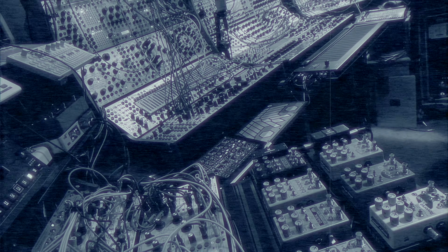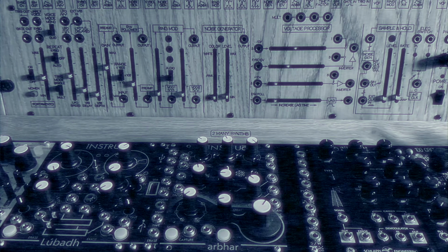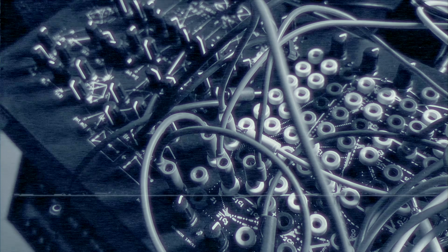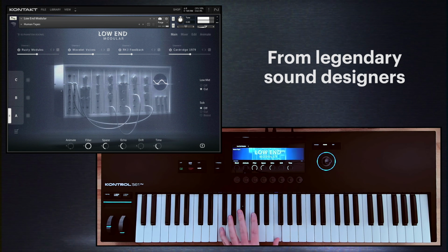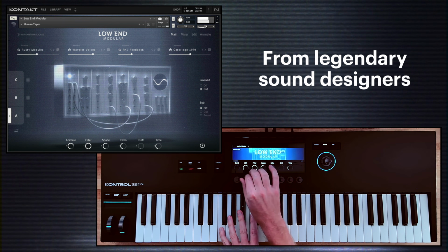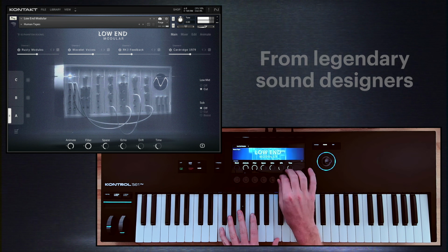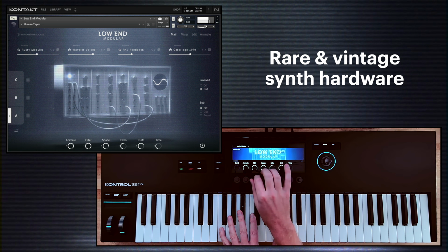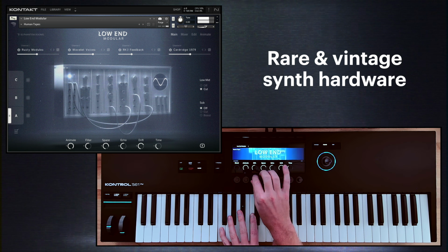Robert Rich and Tom DiMunzio, legendary audio architects, have poured their decades of modular patching mastery into Low-End Modular, along with visionary sound designer Tobias Menguza. Forget about complex patch bays, routing and filters, and pull unique sounds straight from the studios of these masters. Their access to rare and vintage synth hardware brings a huge variety of tones and timbres to Low-End Modular's expansive